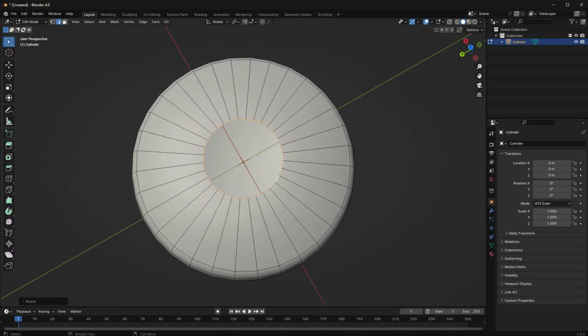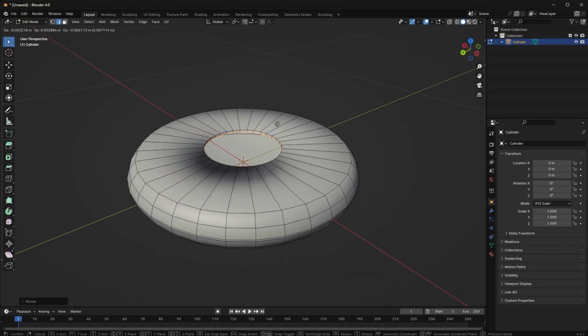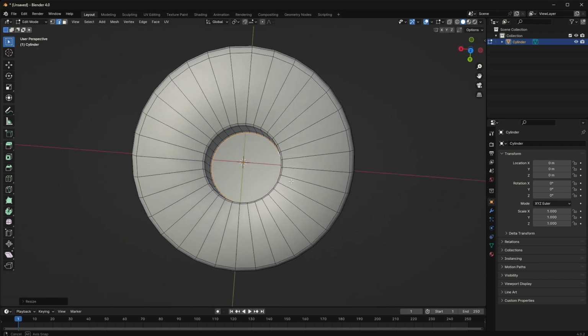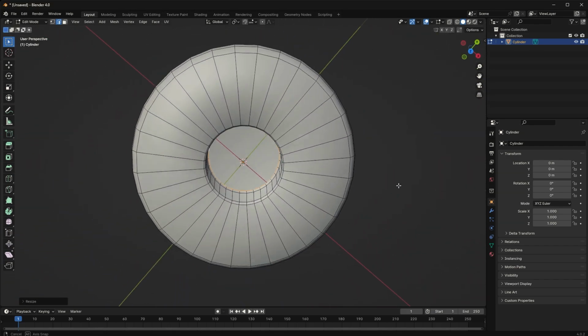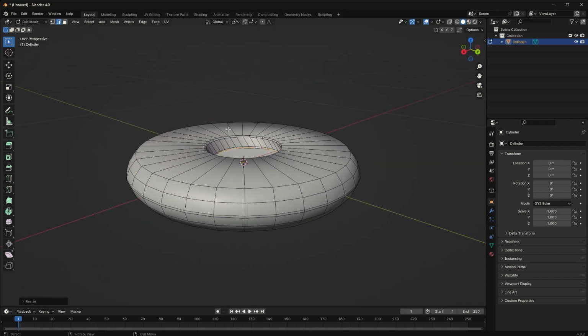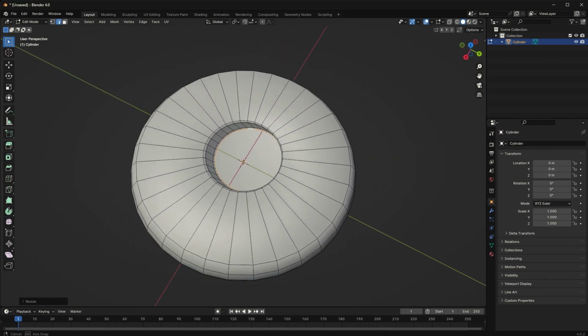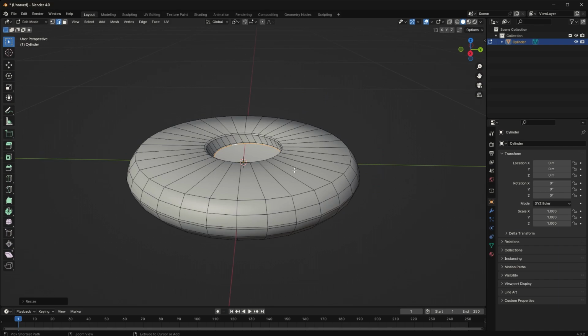There we go. Now I'm going to hit E to extrude, and I will extrude just a little bit. I want a tapered edge there, and I'm going to scale it just a tiny, tiny bit. And then I will hit E again to extrude it down. And then again, I'm going to extrude it a little bit and scale it in just a little bit. Okay. Now you can see that my extrusions have an angle to them. That's no good. So I'm going to undo that,